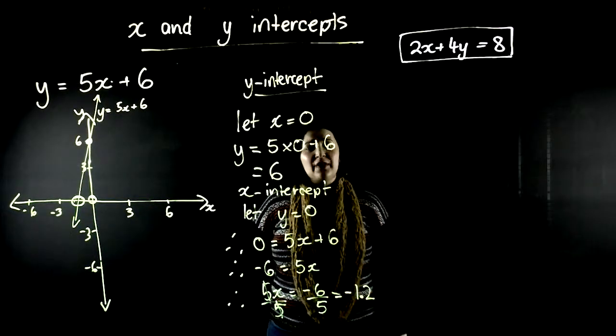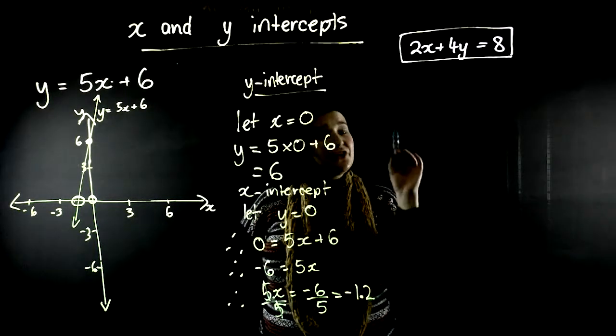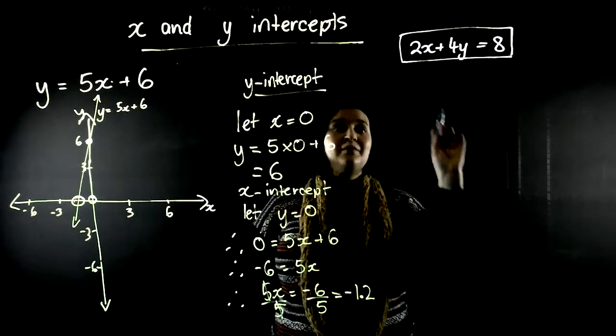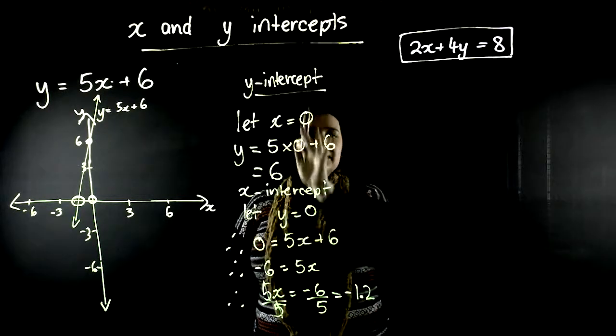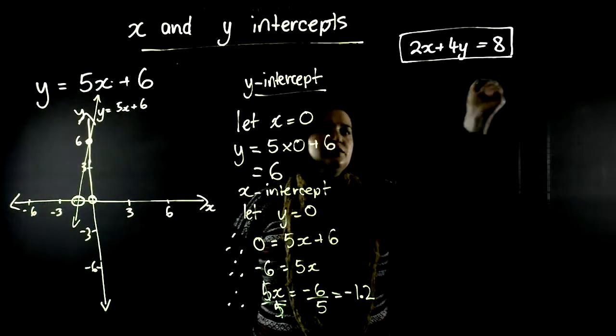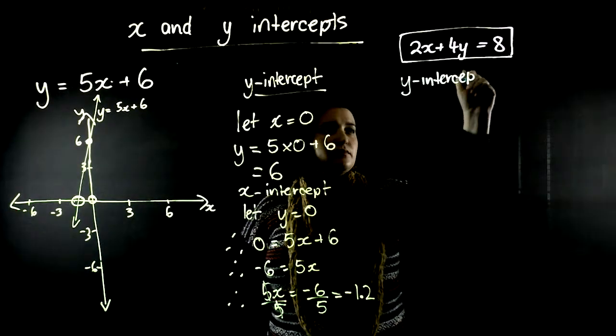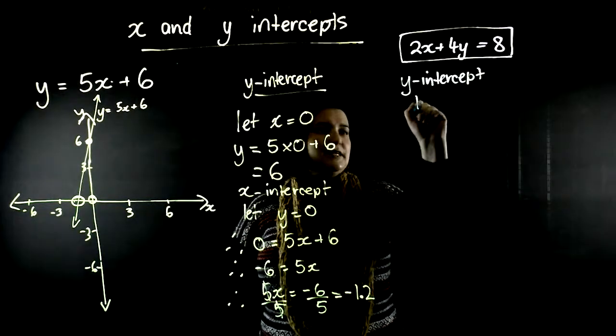Here I've got another equation, but this one isn't even in the form y equals mx plus c. I don't even know what the y-intercept is for this. I'm going to use the exact same strategy to find the y and x-intercepts algebraically for this equation. So to find the y-intercept, I let x equal 0,